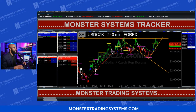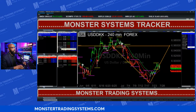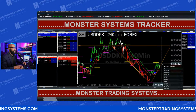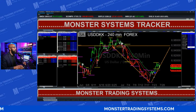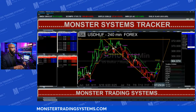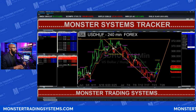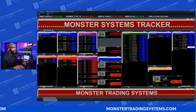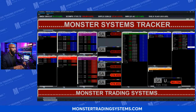USD CZK, did we do DK? USD DKK, that's holding. Good markdown phase. USD HUF, that's holding here. So dollar pairs are holding. We just need that dollar index. If we can get some buying in that index, that will help the dollar